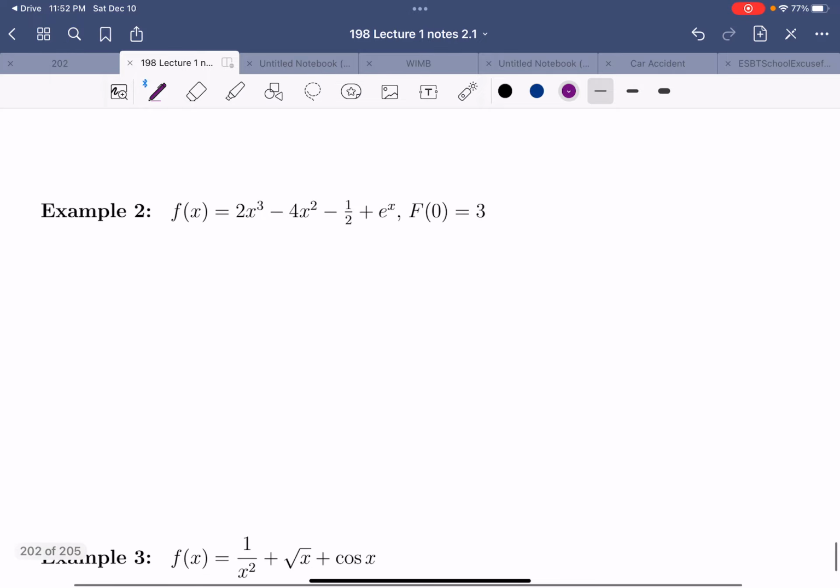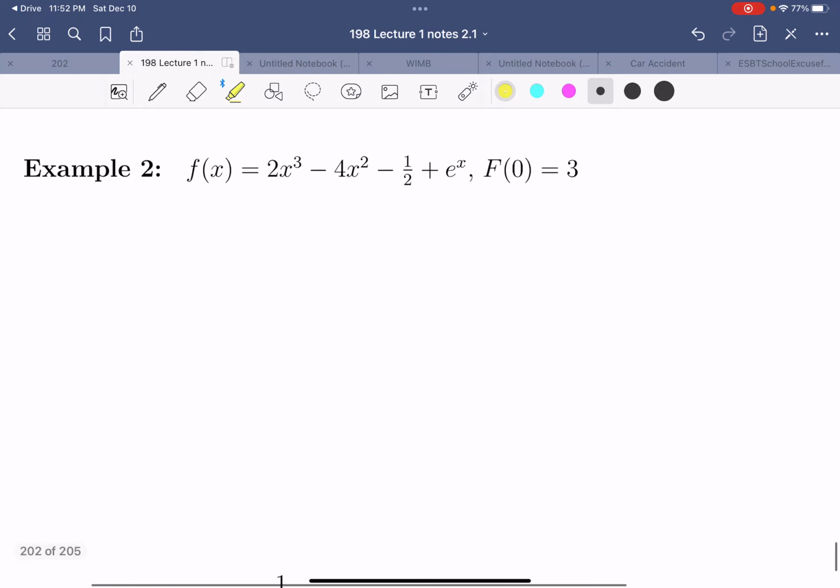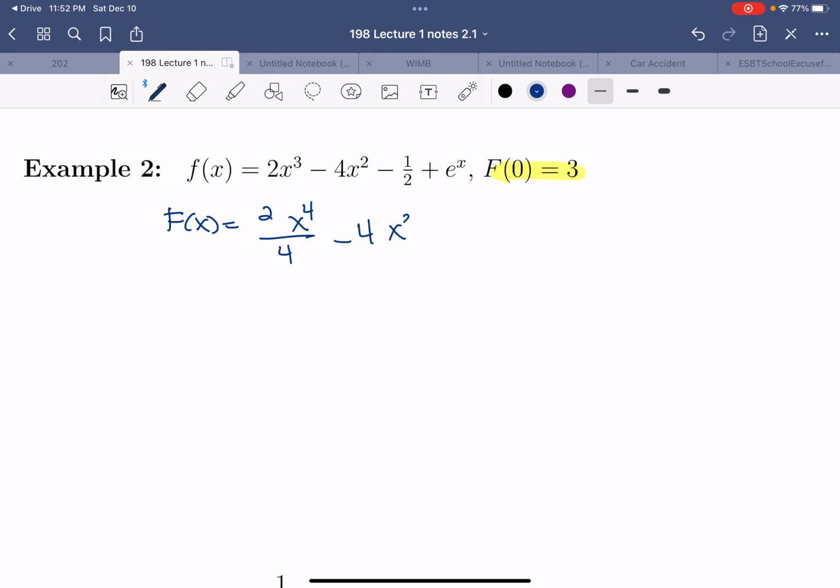All right, let's take a look at number 2. Now look, number 2 also has some additional information, so that's going to allow me to find the value for c. So we find our antiderivative here. This is 2. We increase to 4 and divide by 4. Leave the 4, increase the 2 to 3, divide by 3. The 1/2 doesn't have an x, so let's put x on there. And the antiderivative of e to the x is e to the x. And then we want to use this condition that says when I plug in 0, I get 3. So if I plug in 0, the first 3 terms are all gone. But if I plug in 0 to e, I get e to the 0, which is just, sorry,